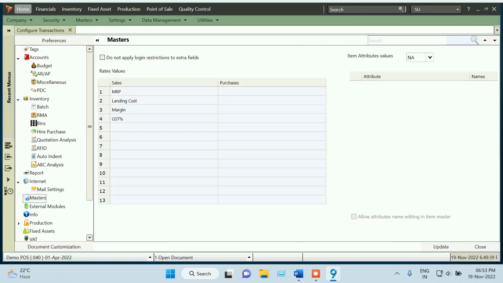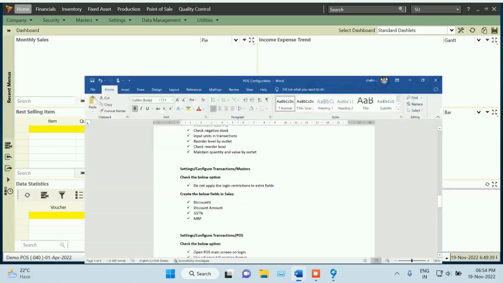Here you have the masters. In these masters you have to give some fields which should show in your retail POS. One is MRP, which you need when you are selling this item. You need this MRP, and you need the landing cost, margin, and GST percentage. If you need any extra fields, you can create them here and update it. Once this is done,